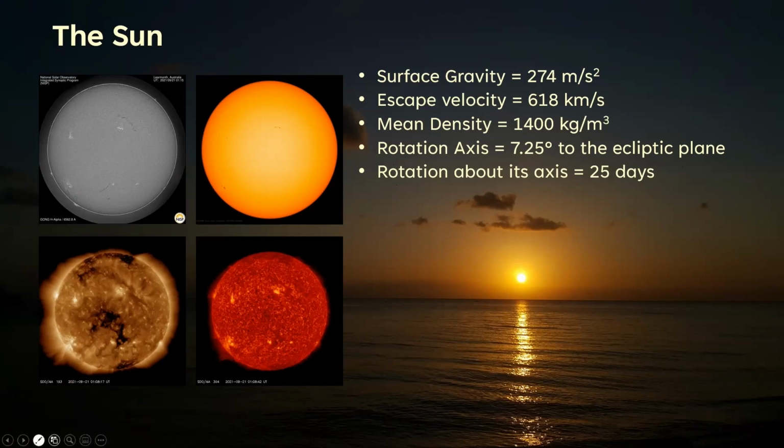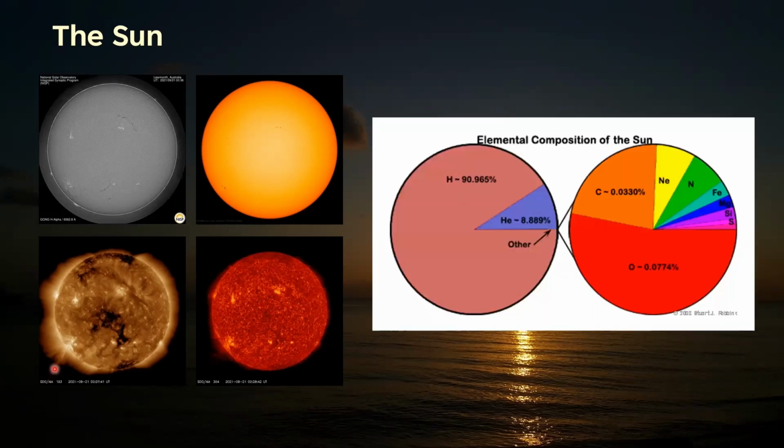Additional information about the sun: the solar elemental composition. About 91% of the sun is made up of hydrogen. About 9% is helium, and there are traces of other heavier elements such as carbon, oxygen, neon, etc. These are due to fusion processes. Much of the fuel comes from hydrogen being converted to helium, and the trace elements are produced by fusion of helium and other particles.